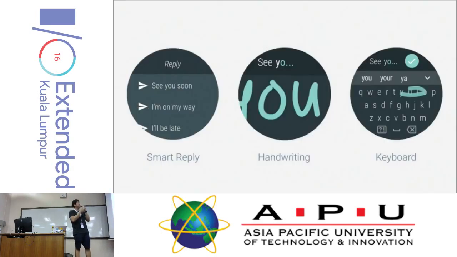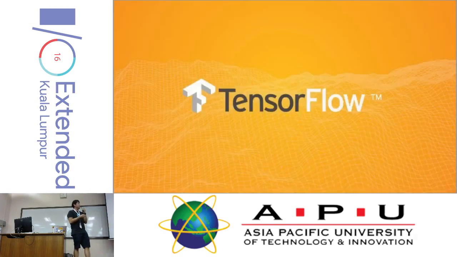And for those of you who really like messaging, you can now reply to a message on the watch by doing Smart Reply, or if you want to type out your message, you can do that with handwriting or keyboard, because sometimes speaking to your phone, like how I do it like this, when I try to reply to my wife, is kind of awkward, I would say. But these are some of the new things coming to the platform, which is really cool. If you want to check it out, download the emulator and start developing apps on this.